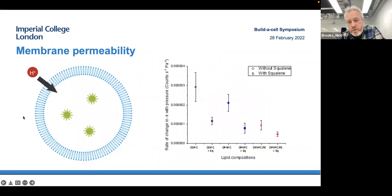One of the things that I thought was most interesting, really coming out of these experiments, and these are relatively new results, is that if we have a fluorescent dye inside here, which is pH sensitive, and then load up outside the vesicle. So these are small vesicles now in our fluorescent spectroscopy cell. We can track the movement of protons across the bilayer here, and then we can look at the rate of change